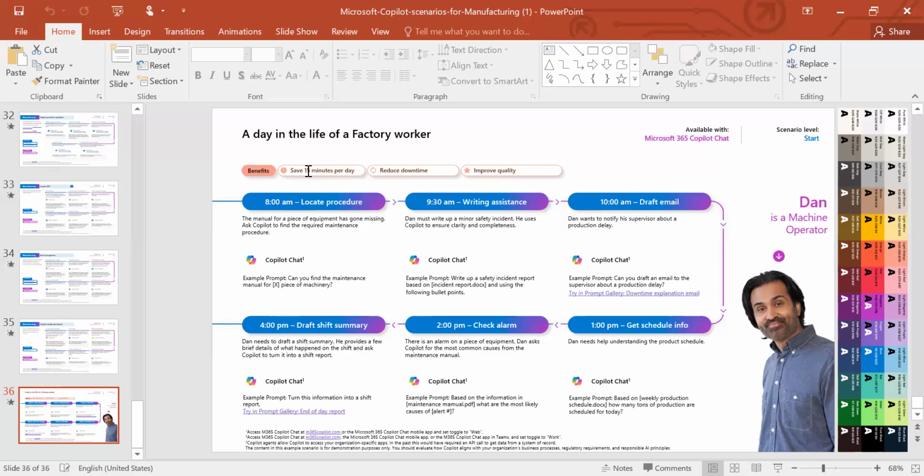Probably if he had to do everything manually, he would have wasted crucial time that was needed for more production. But with the help of Copilot or AI, Dan has cut down the waiting time and saved several minutes per day. I hope you all get me.